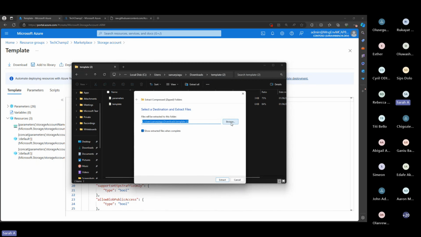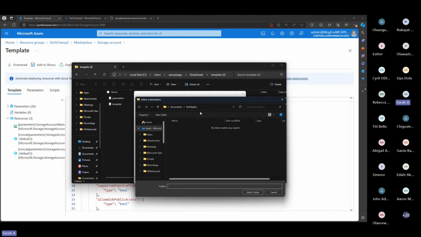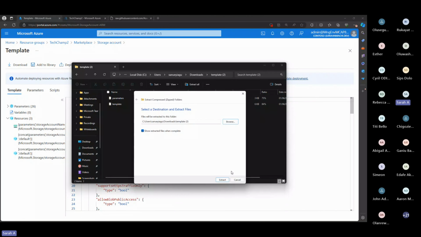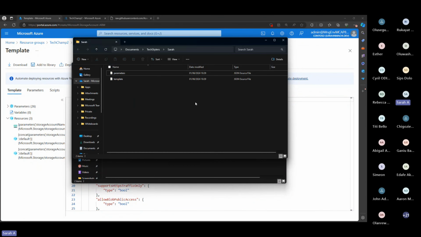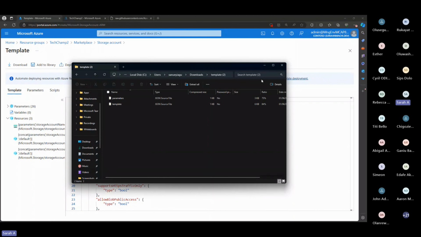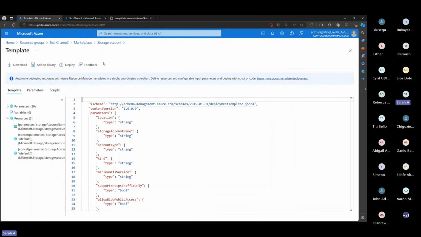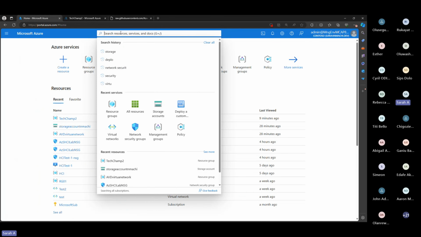I'm going to change where the document is so I don't get confused. So I'm going to extract it to textilers. Let me just create a new folder here as well. Okay, extract it. All right, so it's in the folder called Sarah under textilers, right? And how do you deploy these templates? So that it makes sense to you, if I go back home and I type deploy